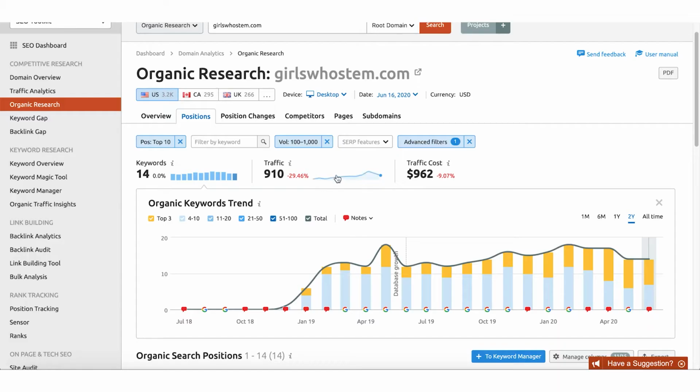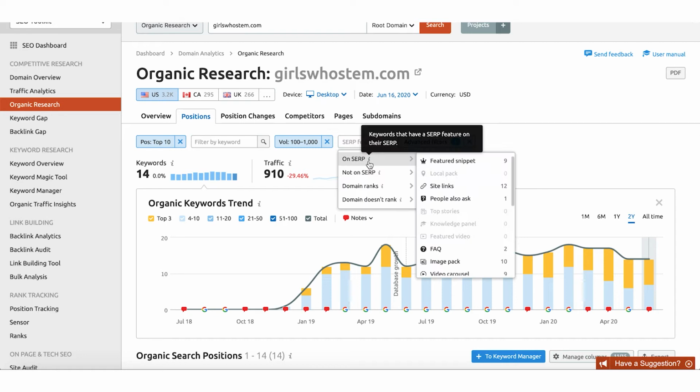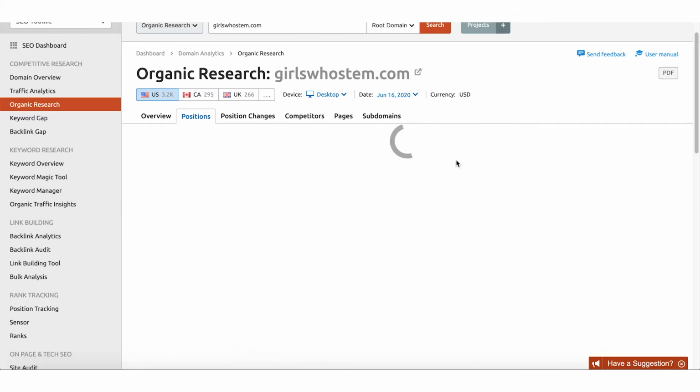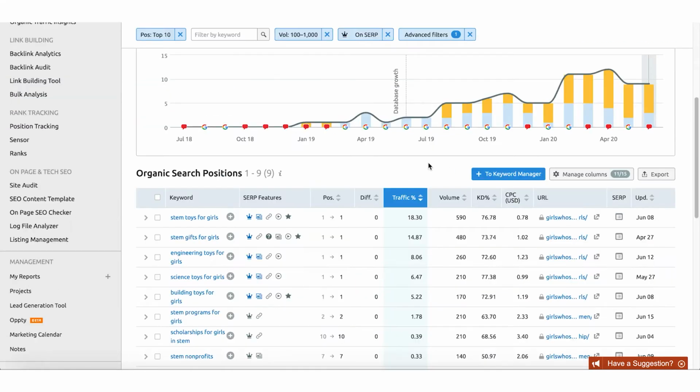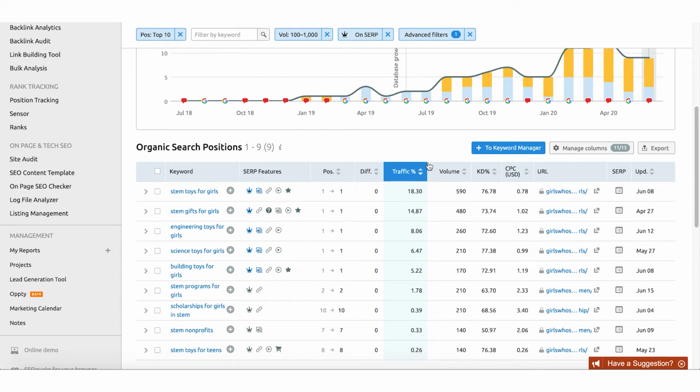Another cool thing I want to show you about SEMrush's keyword research tool is the SERP features. So what I can actually do is isolate for the sorts of things that are ranking in those featured snippets and things of that nature. Those are the things where, if I were to search the phrase, it has a dedicated box at the top. And so what I can see here is I can isolate by just the featured snippet. What this is probably showing me is that if I were to search for STEM tools for girls, this site, girlswhostem.com, is owning that featured snippet right now.